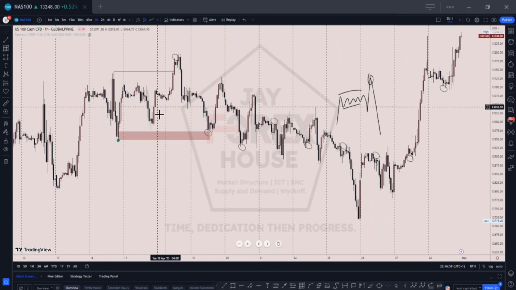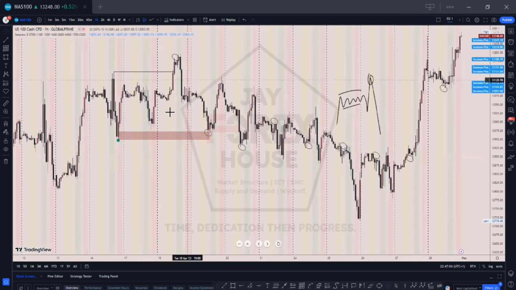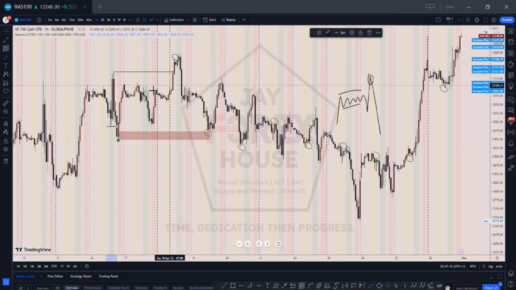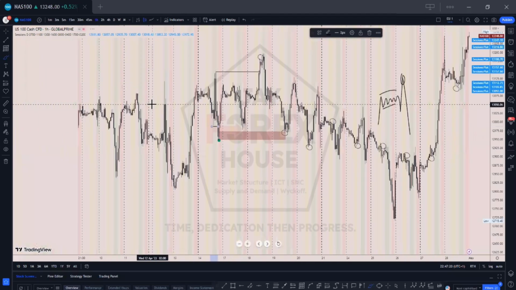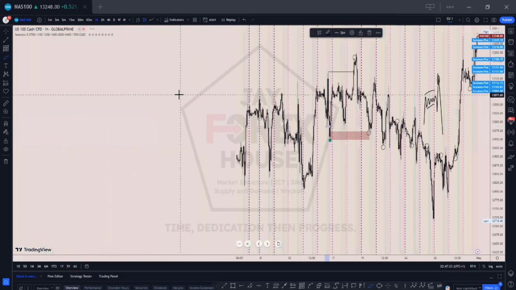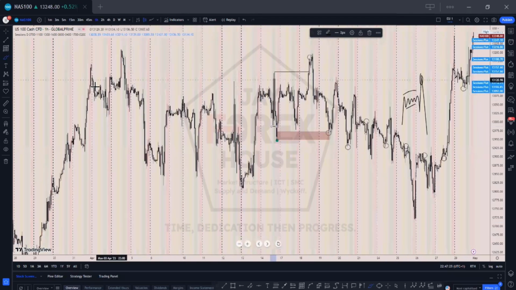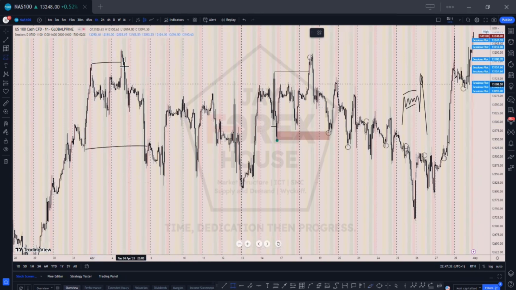Now looking back at this, let's put this back. What do we see? Using this, we understand that there's a possible POI here, because we have seen price clear liquidity, right? And then break structure. So at this point, based on this previously created range, we should be bearish, right? Do we have any POI which price could be reacting from? Yes, there's a clear of liquidity here, there's a break of structure here,